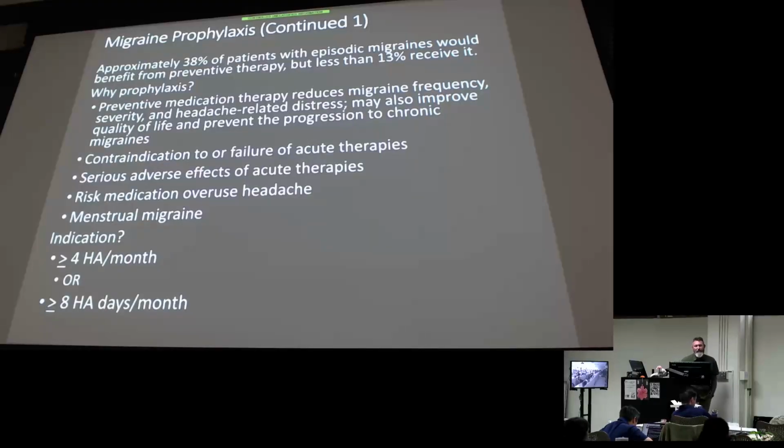38% of patients with episodic migraines would benefit. So almost 40% would benefit from prophylaxis migraine treatment. Less than 13% of those patients actually get it. So here's where you can affect change, right? When you get that patient coming in with the chronic migraines, don't just treat them and get them out of your clinic, right? Treat them and get them out of your clinic, but make them a follow-up when they're not having a migraine to discuss prophylaxis if they're meeting that threshold for chronic recurrent, right?